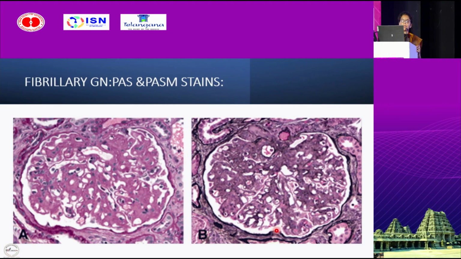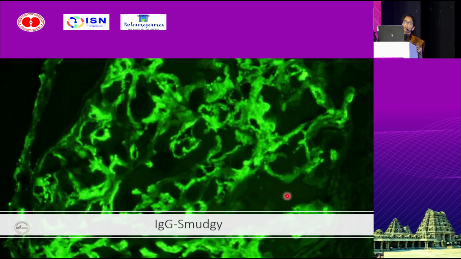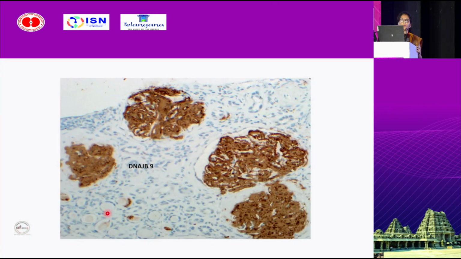So now next coming is the deposition disease like fibrillary glomerulonephritis or immunotactoid. In fibrillary glomerulonephritis, here we can appreciate a thick atrophic tubule and thickening of the basement membrane, and PAS positive mesangial widening is there. On silver, it is giving a moth-eaten appearance, that is, it is not taken up evenly by the mesangium. On immunofluorescence, it gives a smudgy appearance along the periphery and mesangial compartment. IHC, that is immunohistochemistry, DNAJB9, is specific for fibrillary glomerulonephritis, and it is showing diffuse positivity.